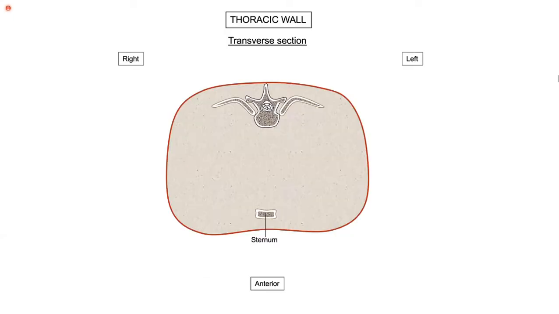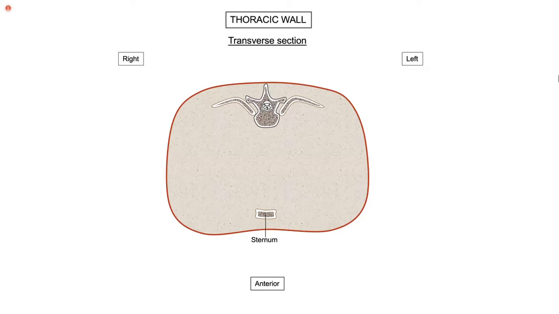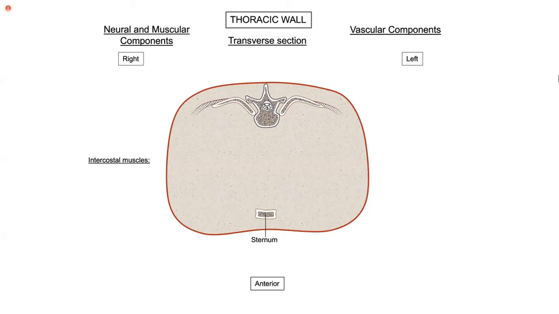Now, who's that? Any idea? Guess. It'll be coming up in the next presentation. Now, we would like to see the same stuff we were learning right now from the front. Now we are transferring the same information onto a transverse section, a cut section. So now on this side, the plan is I'll be placing the neural and muscular components, and on this side you'll be seeing the vessels. So now let's put the intercostal muscle.